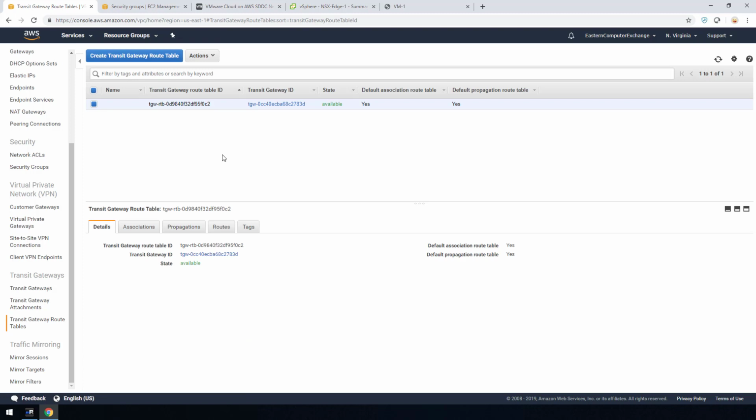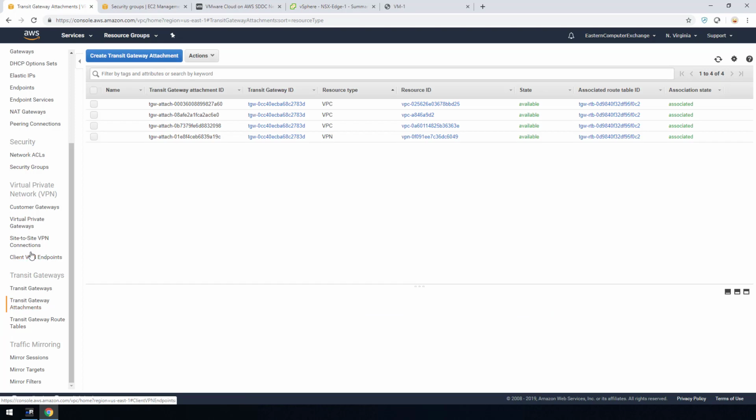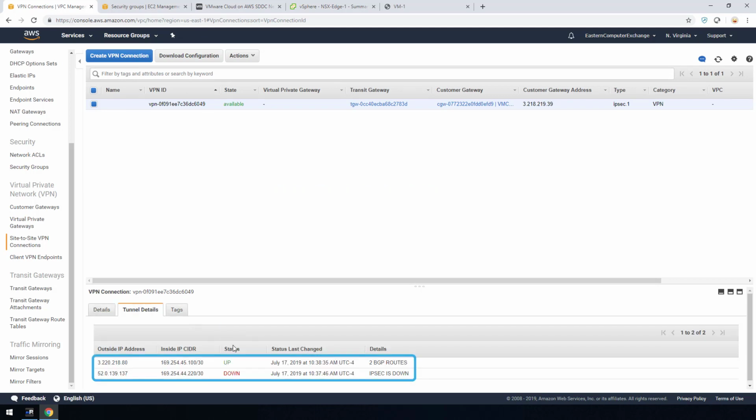And when you look at the route table, you'll see routes propagating. So these are the routes from our VMC environment. If we go back to our site VPN, you can see it automatically creates a site VPN attachment. If we look at the tunnel details, these are the 2 public IP addresses that AWS gives you in order to establish a redundant connection. In this example, I only set up 1, but I could theoretically set up the second one by